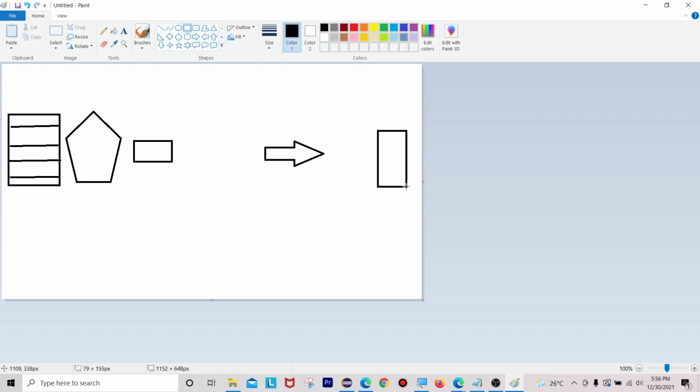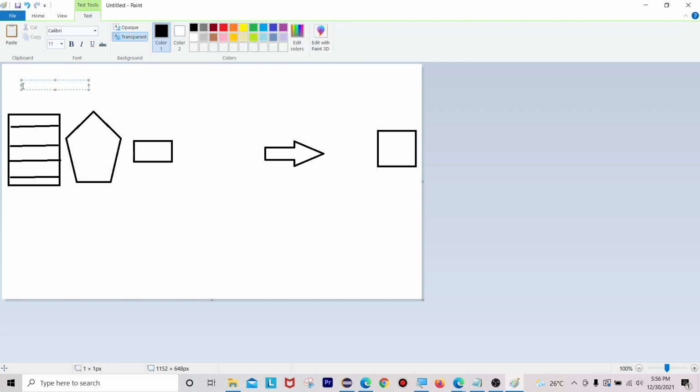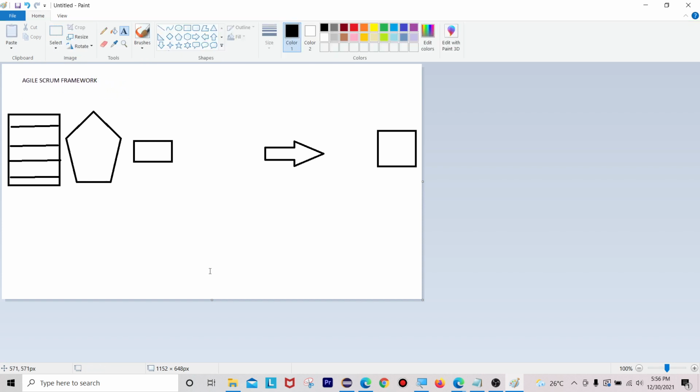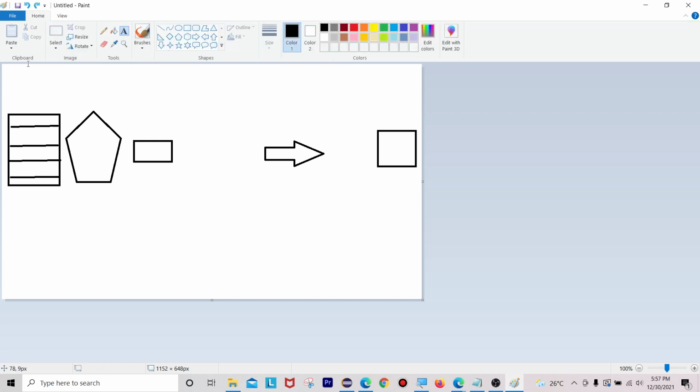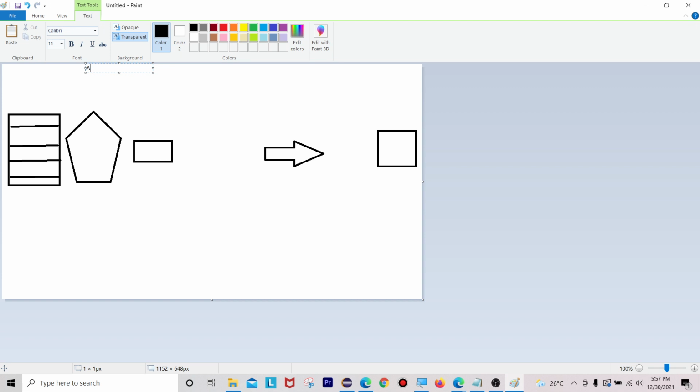You can also draw the same thing I am doing here and explain it to your interviewer, if he asks about the Agile Scrum framework and what it means.